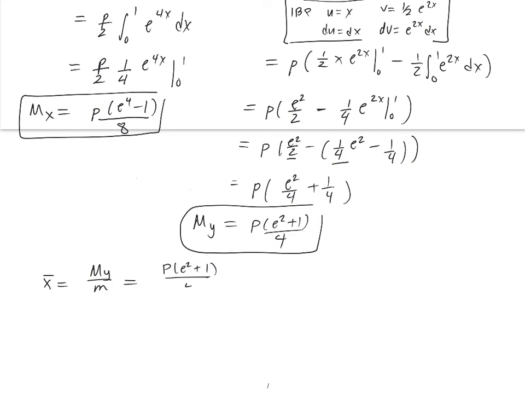Row your boat. Sorry. It happens. Divided by, what was our m again? Rho times e squared minus 1 over 2, is that right? Okay. So first, the rhos, goodbye, right? So I think we just end up with e squared plus 1 over